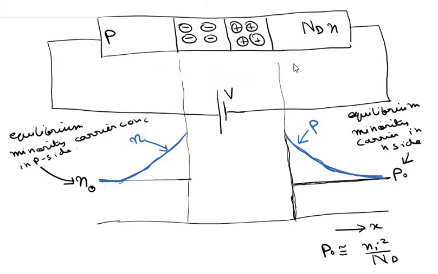Okay, so that is why, since the electrons find it more difficult to diffuse from the n side to the p side, this means enough diffusion of electrons is not happening from the n side to the p side. Or the diffusion rate of electrons from the n side to the p side is less than before. So this basically reduces the minority carrier concentration near the junction. So during reverse bias, the minority carrier concentration near the junction reduces compared to the equilibrium value. Okay, so this is the graph for excess minority carrier concentration